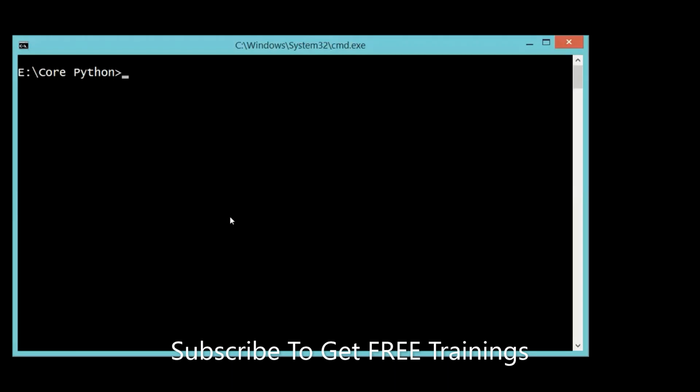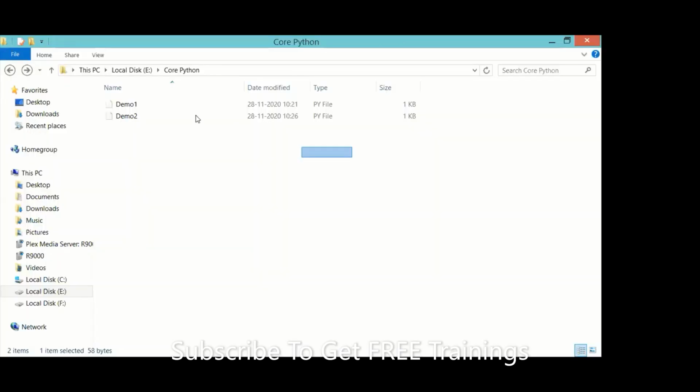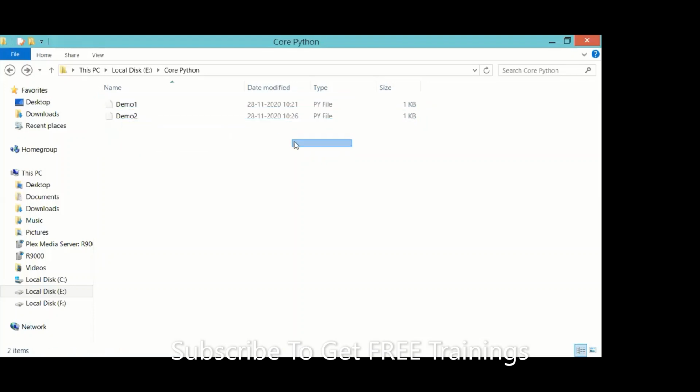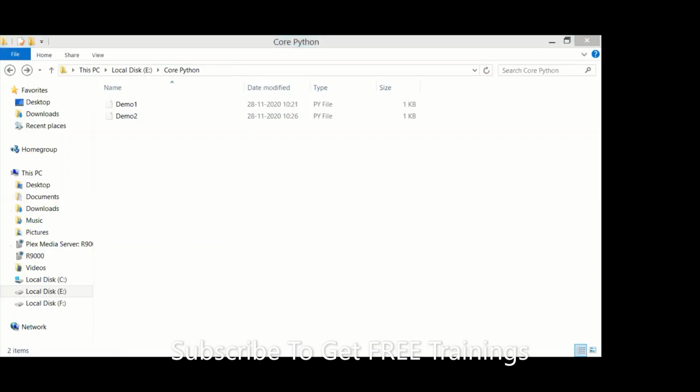Okay. Show again, sir. Okay, I will show you again. So first open your folder in your system, wherever you saved your programs. Open that folder. Okay, in that folder, remove the address here. Observe, remove the address and simply type CMD. Khatam. Enter. When you enter, it will open the command prompt for you.